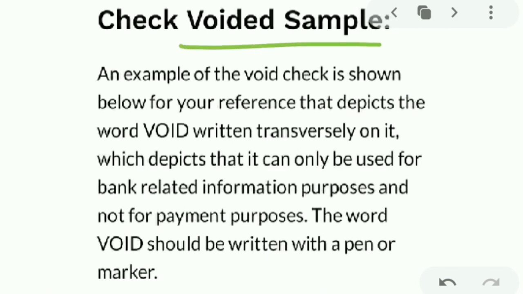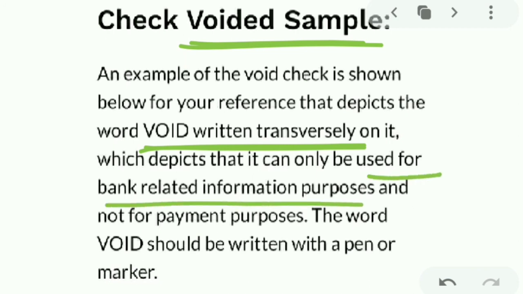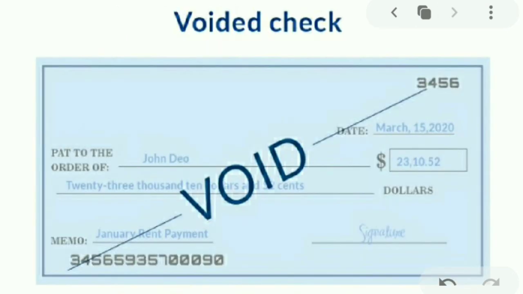Now, a voided check sample. Here we provide you a sample check which has the word void on it. You have written void diagonally on it, which shows that it cannot be used for payment purposes, but can be used for bank related information. Here the voided check is shown which has the word void written on it,